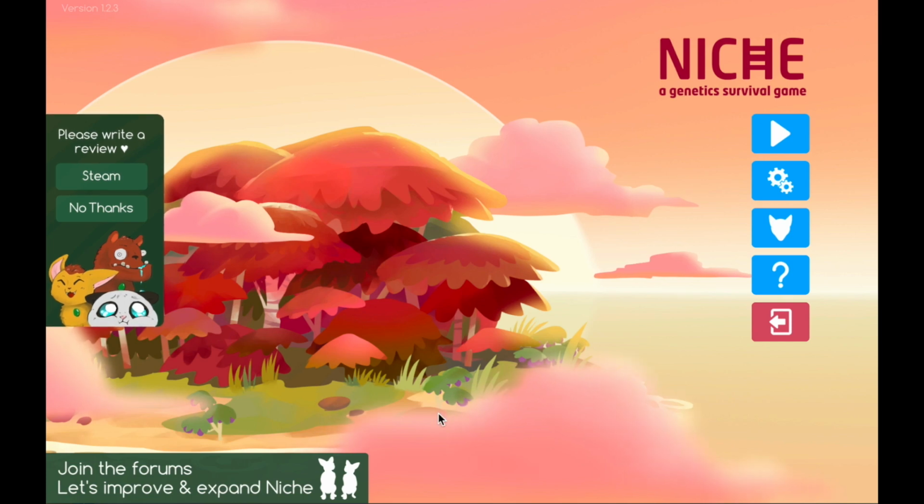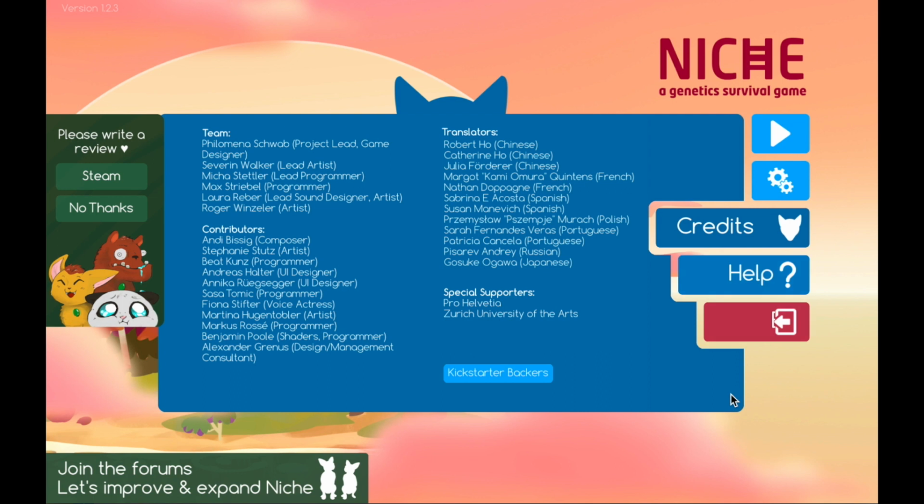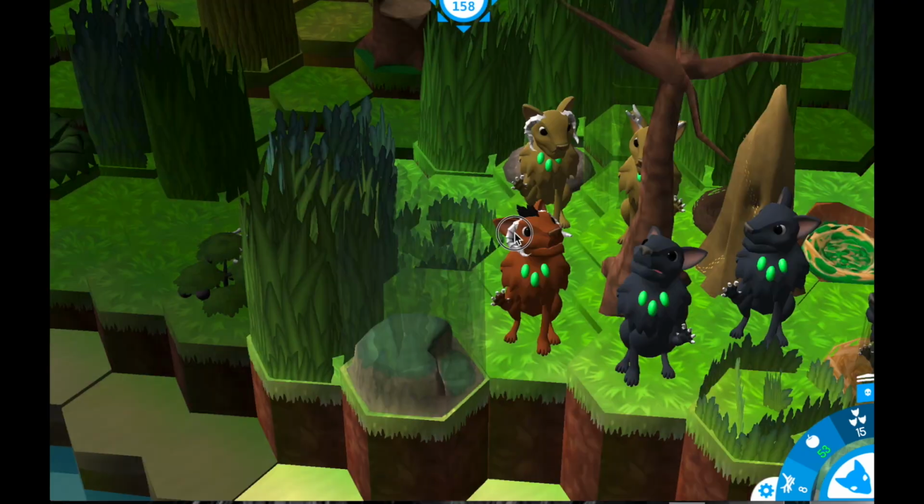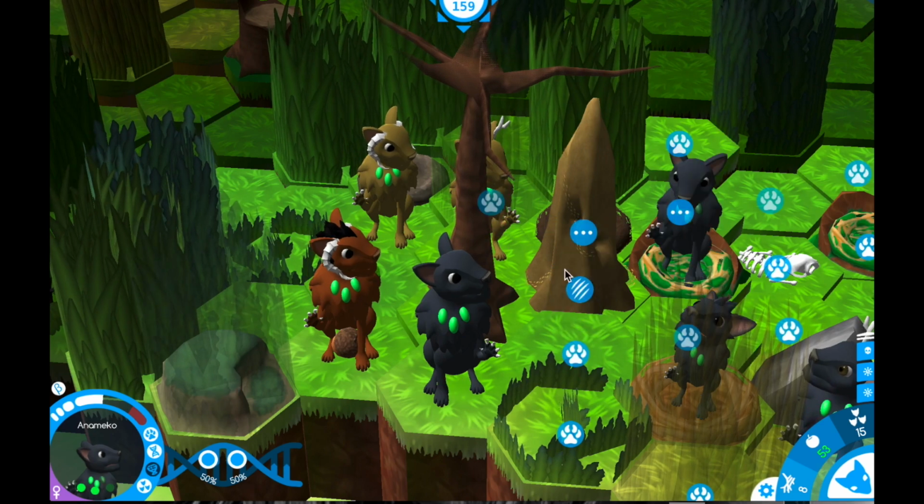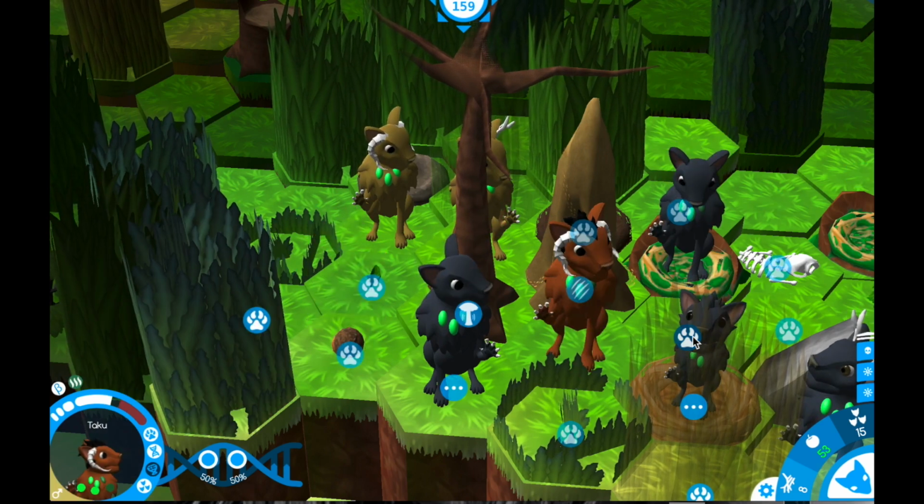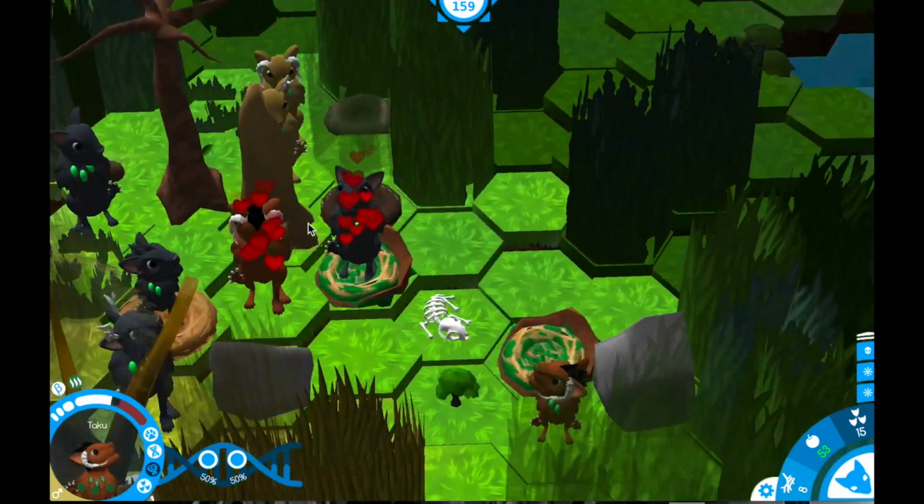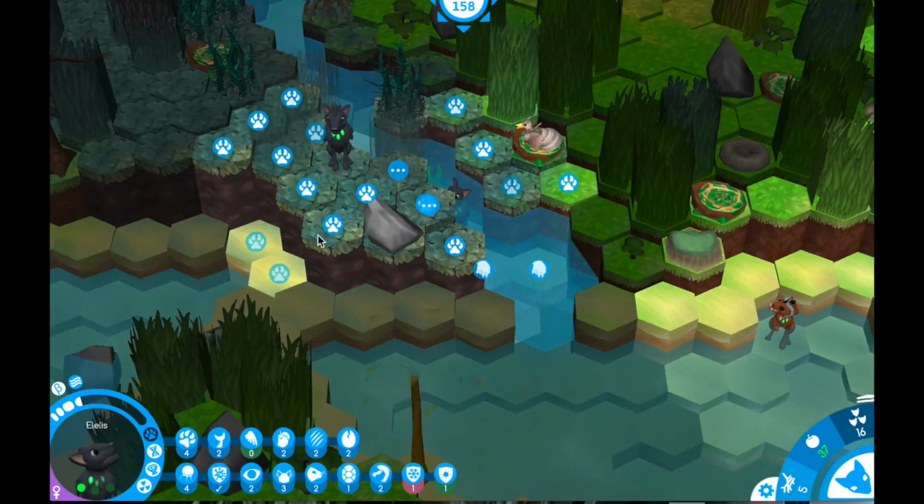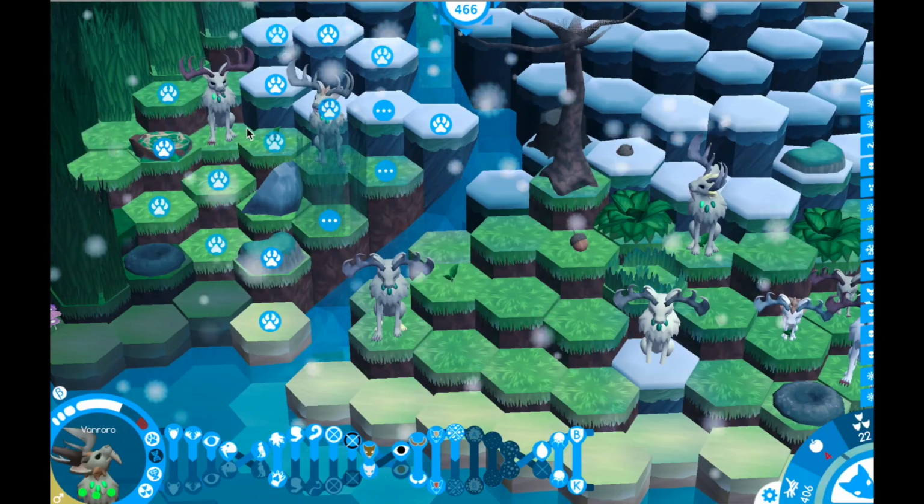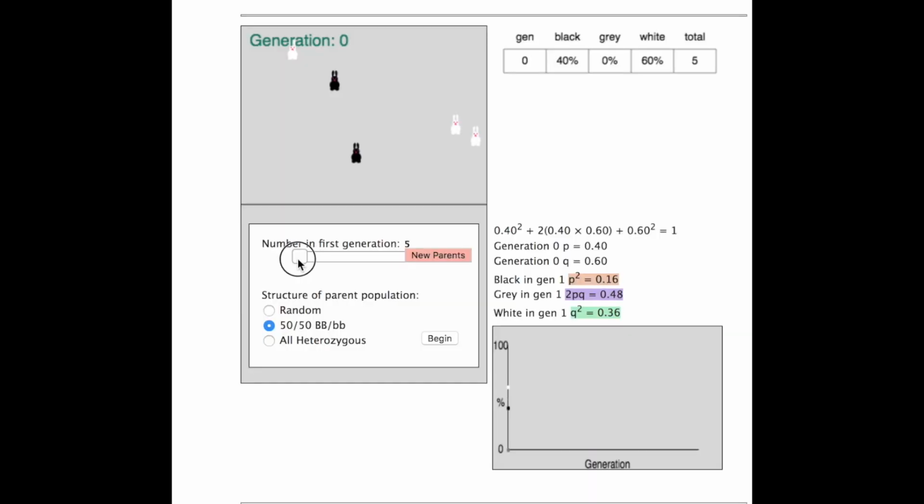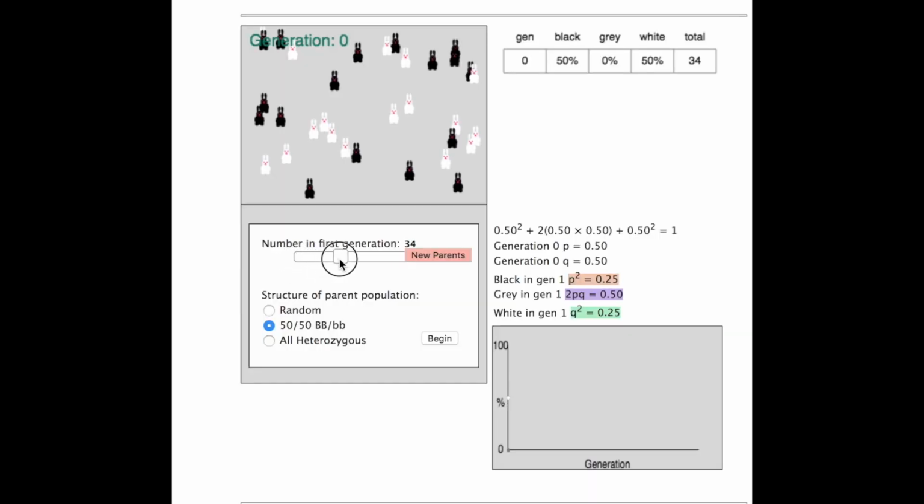I'm going to use the video game niche to demonstrate the Hardy-Weinberg equilibrium principle and how it can be used to model changes in allele frequencies over time. The Hardy-Weinberg equation relies on the assumption that you have a large, random mating population that is not affected by mutation, migration, or natural selection. If these assumptions are met, both the allele frequencies and the genotype frequencies will remain constant from